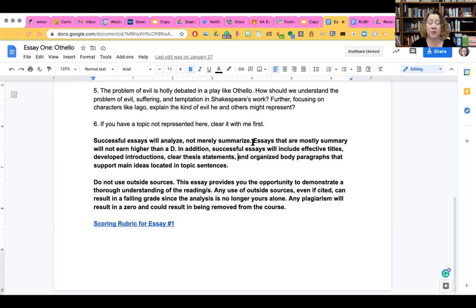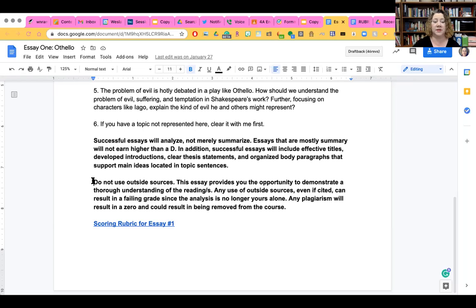I gotta say that the people who take advantage of sending their papers to me for different reasons tend to make A's, because I already told them all the things that they needed to work on, and they worked on them, and then they turned in the paper. So the people who wait until later to do their paper and don't have the opportunity to turn it in for feedback, sometimes they make A's, but in general, usually they're more toward the midpoint.